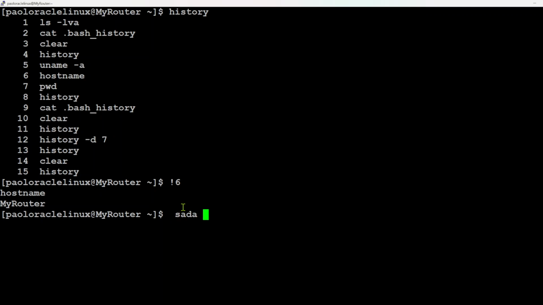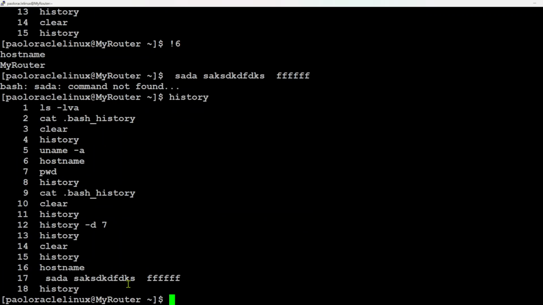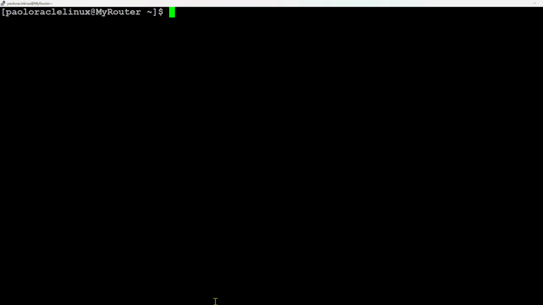You can record everything you type on the terminal. It's the same philosophy of the screen recorder when you record the video, no? So this one has been saved now in my history. So if I do history now, I will have also these things. So yeah, those are the main things, but it's not ended yet, my point, because I want to explain to you also another important feature. So to this history command,